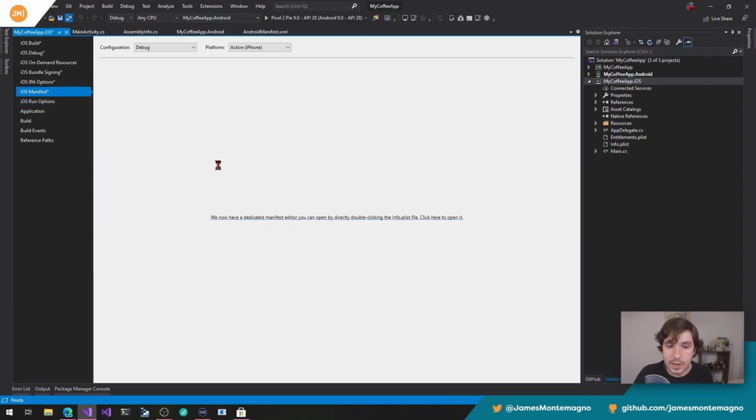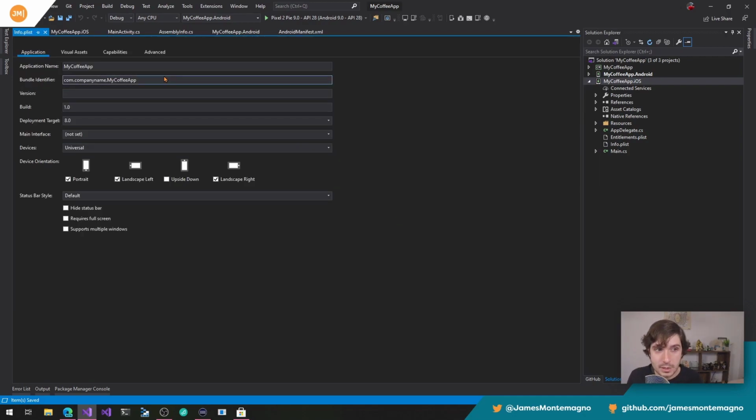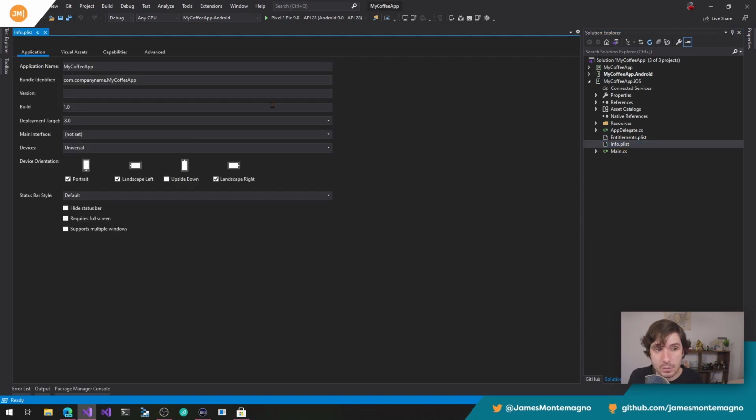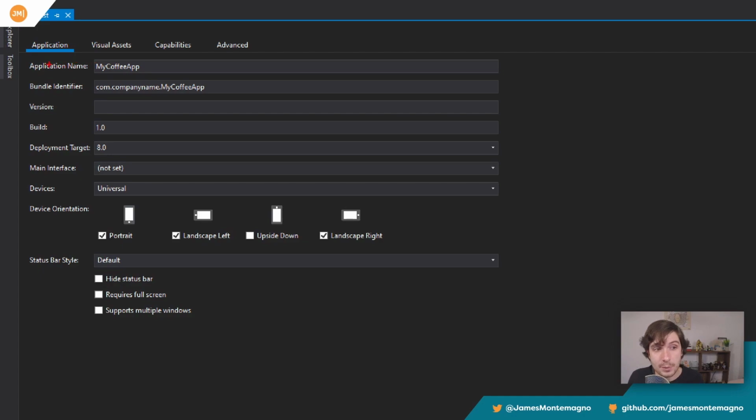Let's talk about configuration. The configuration for the iOS manifest is very similar to the Android manifest, except for here, I can just simply click on this button and open a visual view of the info plist. So if I go ahead and close all of these here, and I just double click on the info plist over here, it comes up over here. And this stuff's really important. Here's the application name, what's going to be displayed, my bundle identifier, that's what I've registered over on iOS, a version number, you probably want to put 1 there.